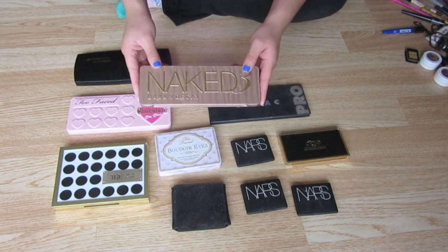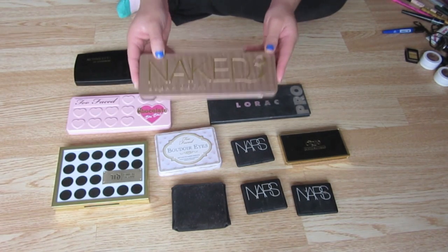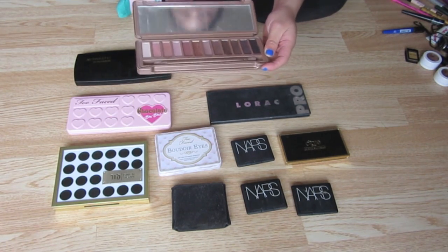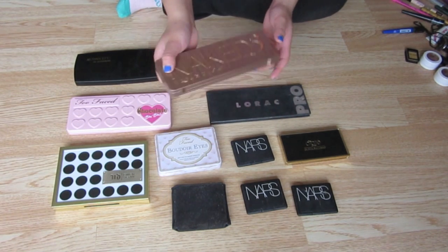I know this is really bad, but I think I'm going to get rid of the Urban Decay Naked 3 palette. I don't really use it as much. I have used this quite a bit, and it's gorgeous, don't get me wrong, but it's not really something I feel like I want to own, so I think I'm just going to get rid of that and give it